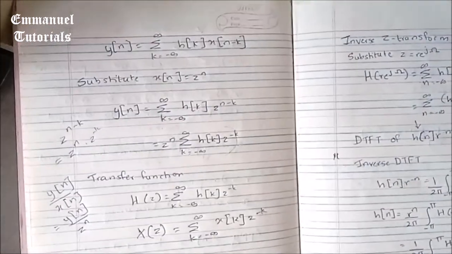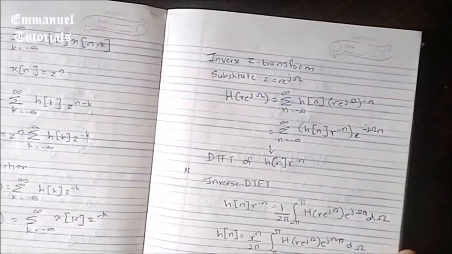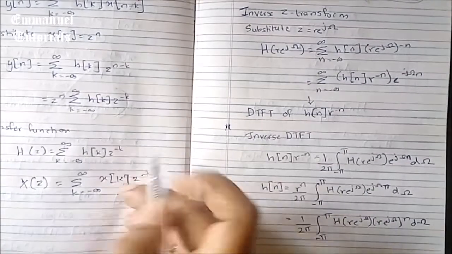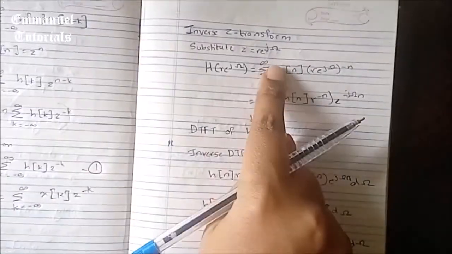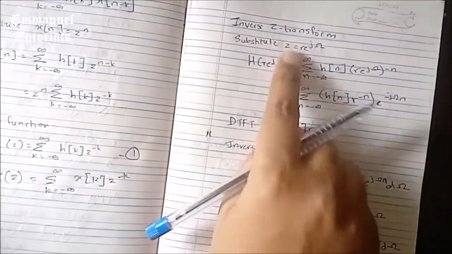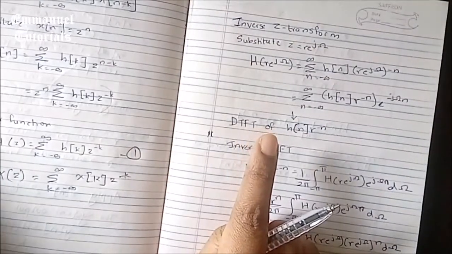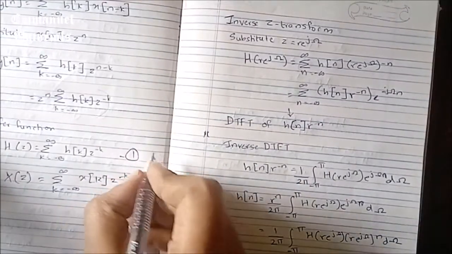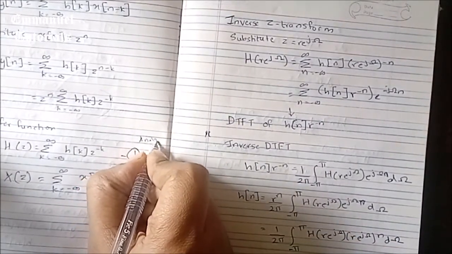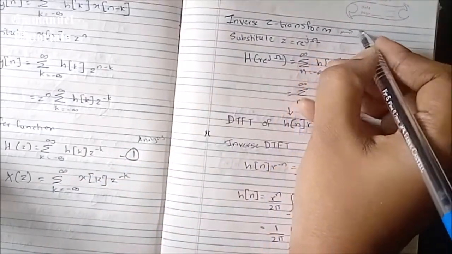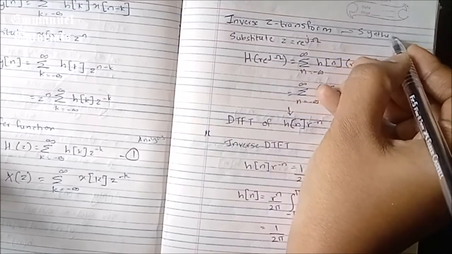Now let's see the same thing for inverse z transform. In inverse z transform, what we are going to do is use the same equation, the first one that we have got, and substitute z is equal to r e raised to j omega in it. This is the same thing that we took at the beginning for deriving z transform. One more thing you can remember: this is also called the analysis equation. And the equation that we'll derive from inverse z transform is also called the synthesis equation or expression.